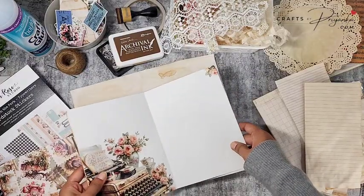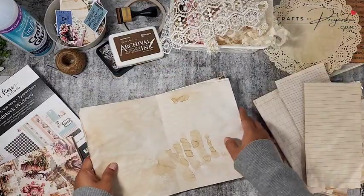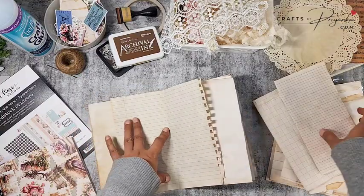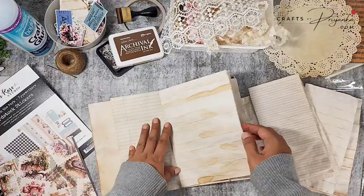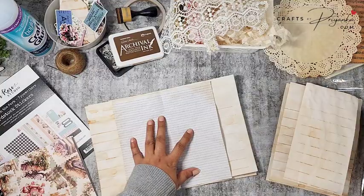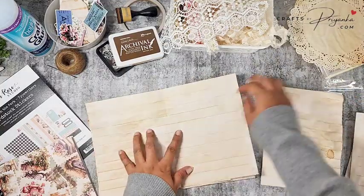Since these are double-sided, it will look really good, but I know these are a little bit thicker than what we are using inside, so it's going to make our journal a little bit thicker. But if you don't mind, then that's fine, you can use this. So I'm going to layer these pages in the order that I want. I'm going to make a combination of different sheets here, some shorter, some longer, some full size, and then